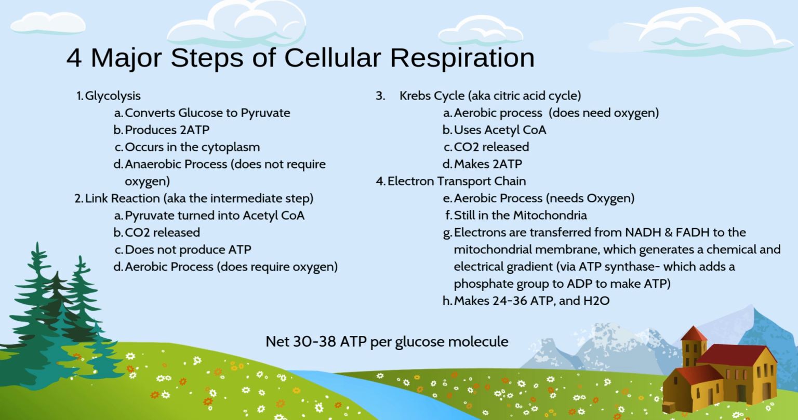The first step is glycolysis, and this is where glucose gets converted to pyruvate, which is another type of molecule. We produce 2 ATP here, so charge them up from ADP to ATP, and this occurs in the cytoplasm. And last thing to know about glycolysis is that it is an anaerobic process, and this means it does not